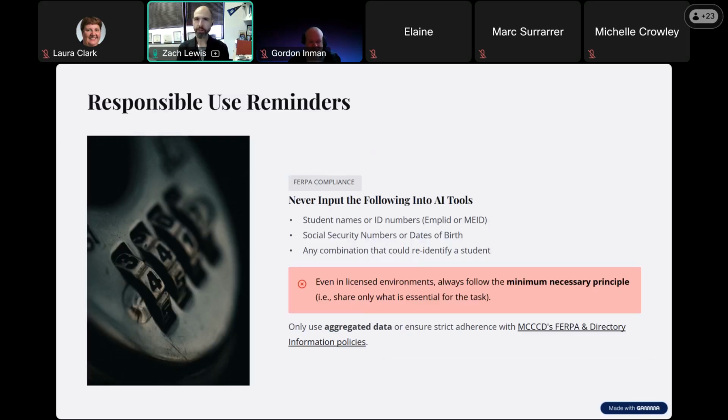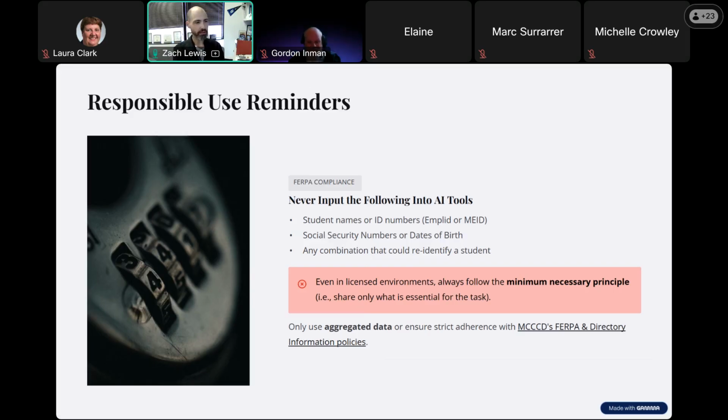The two tools that we're going to focus on specifically today are Gemini and NotebookLM, which are two AI platforms that are licensed within Maricopa under our Google licensing. There are, as many of you know, lots and lots of other things out there. And so as you are interacting with these things, we're just encouraging you to be as careful as possible.